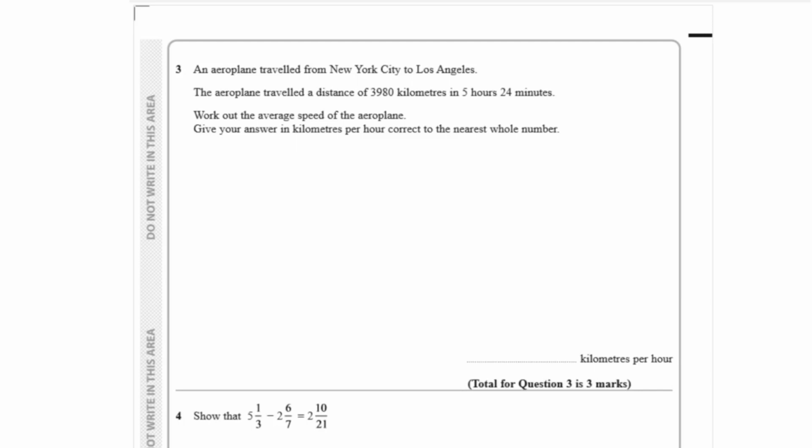An airplane traveled from New York City to Los Angeles. The airplane traveled 3,980 kilometers in 5 hours and 24 minutes. Work out the average speed of the airplane, giving your answer in kilometers per hour, correct to the nearest whole number. We can write this as